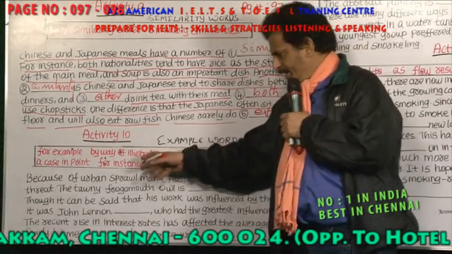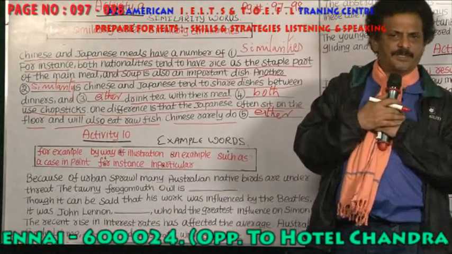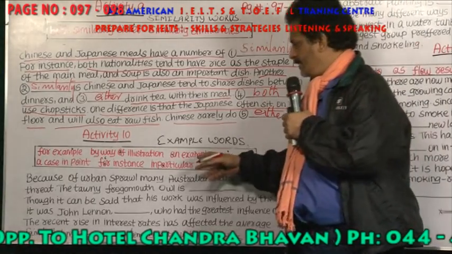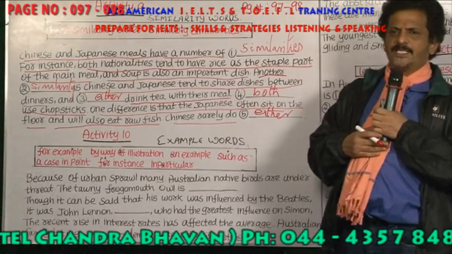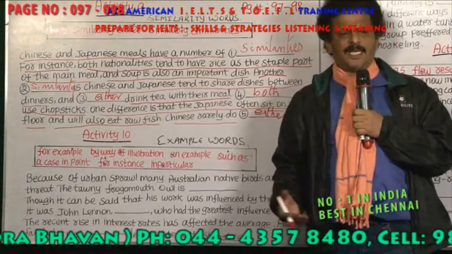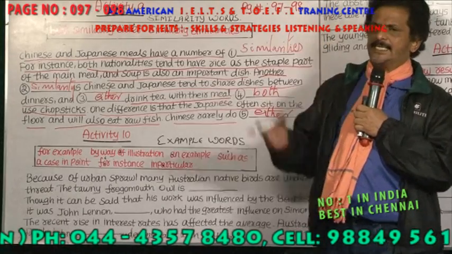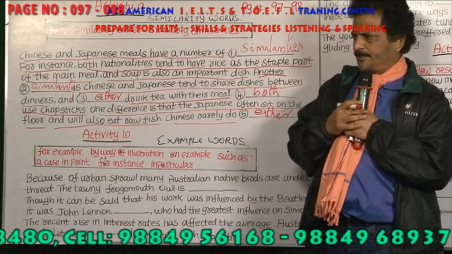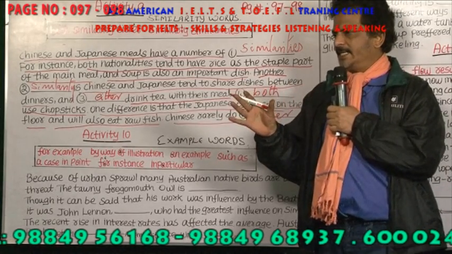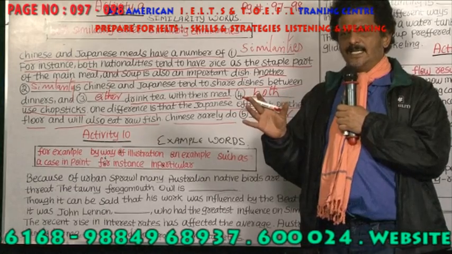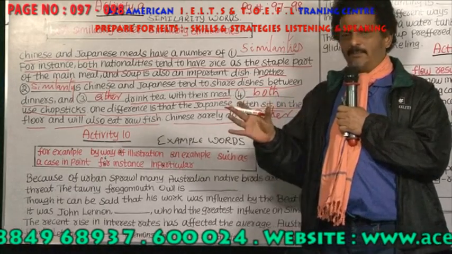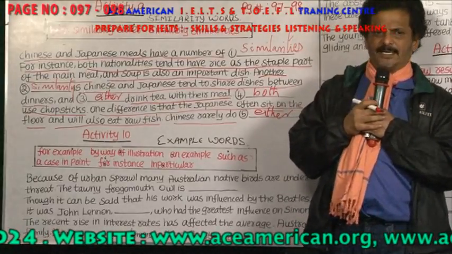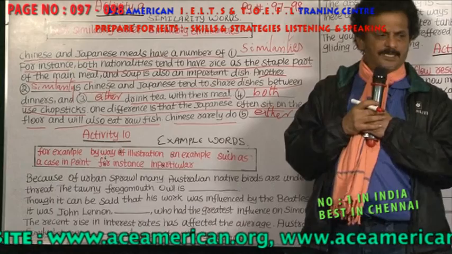For instance, what do you mean by for instance? Some incidents you want to say as an example. For instance, in particular, when you want to say something and you want to state an example and you are particularizing that particular example, then you are using the word in particular. All the cities in India have traffic problems. In particular, Mumbai. So you're particularizing and stating that a particular city has a problem.